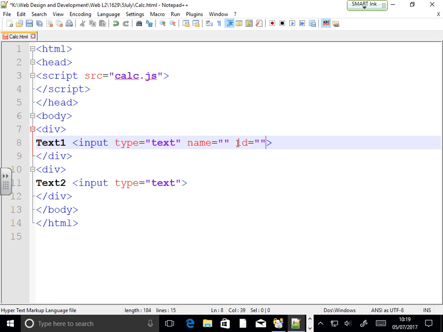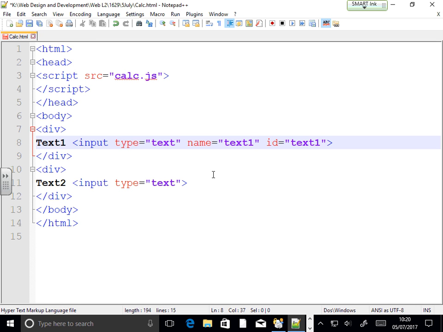You cannot have name different and ID different. It will just confuse the system and you. So if you're giving ID as, let's say, text1, that means this box is called text1. Is that okay? And the name should also be text1. They should be same, not different. And when I'm saying same, it's case sensitive, so make sure it's kept the same.